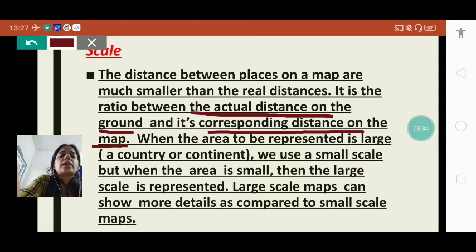Large scale maps can show more details as compared to small scale maps. So scales are also of two types, large scale and small scale.